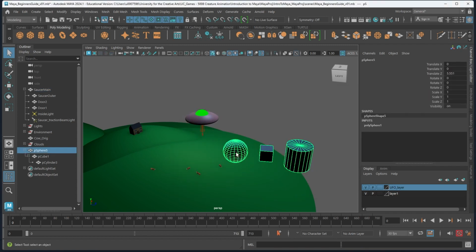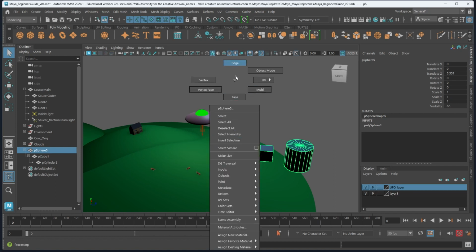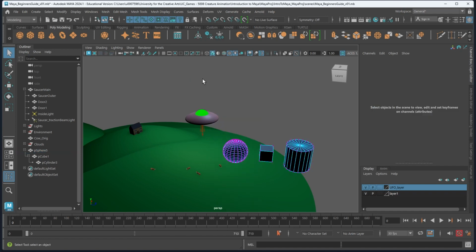So another thing to show you, we're not actually going to use this, I don't think, in this unit, but you may well be wondering, if I want to select the vertices for an object or the edges, how do I do that? And the way that most people do it in Maya is you actually hold down the right mouse button over an object. So if I hold down the right mouse button, I get this menu, and you keep it held down, and you then go over to either vertex, face, or edge. So it's a little bit different to other packages, but if I go over to vertex and I let go,